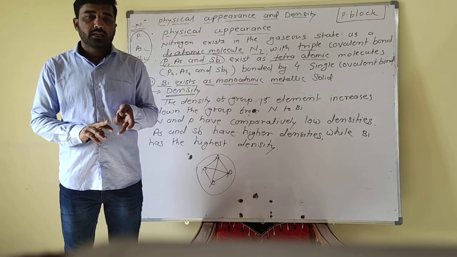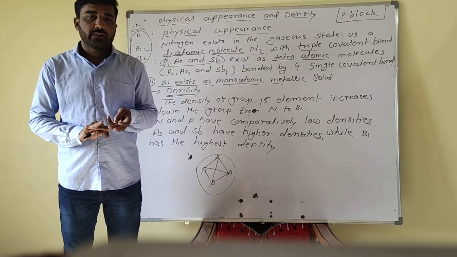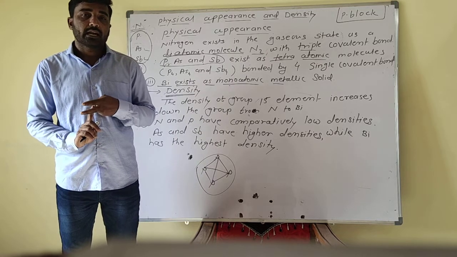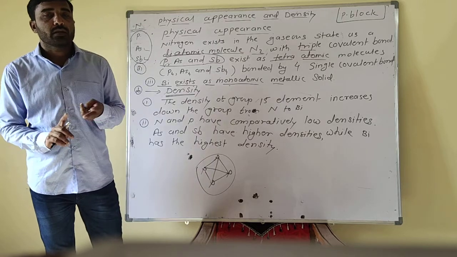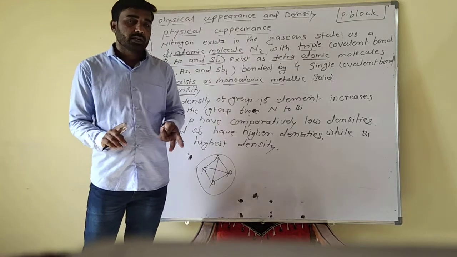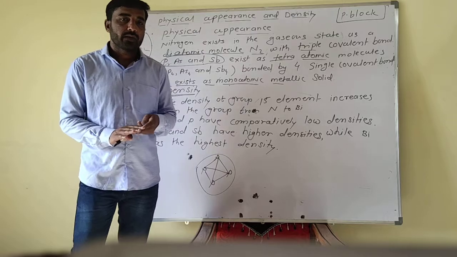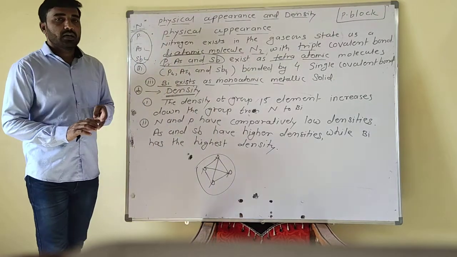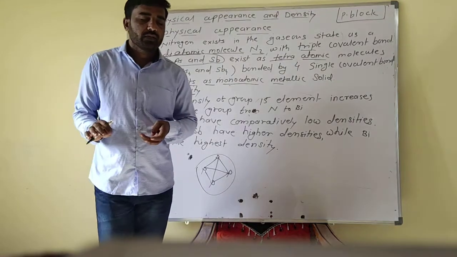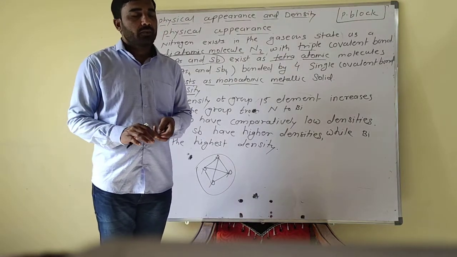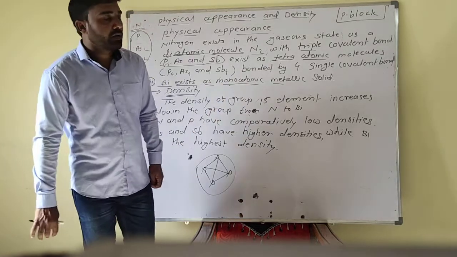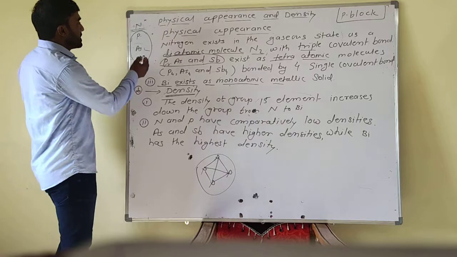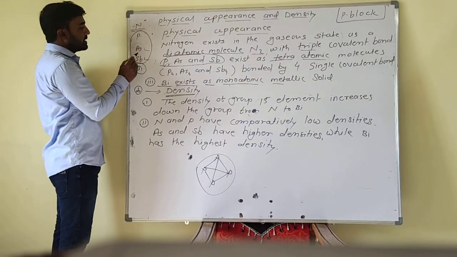N2. The other three elements, that is phosphorus, arsenic, antimony, exist as tetraatomic molecules due to the increase in atomic number or increase in size. So properties also change as compared to nitrogen. Now another is bismuth. Bismuth has a high atomic size, or increase in atomic number, so it exists as a monoatomic metallic solid. So these are the physical appearances of the five elements, that is nitrogen, phosphorus, arsenic,